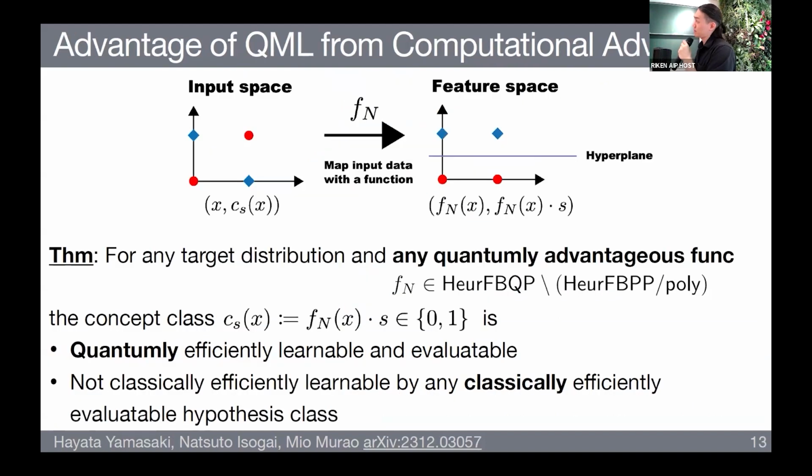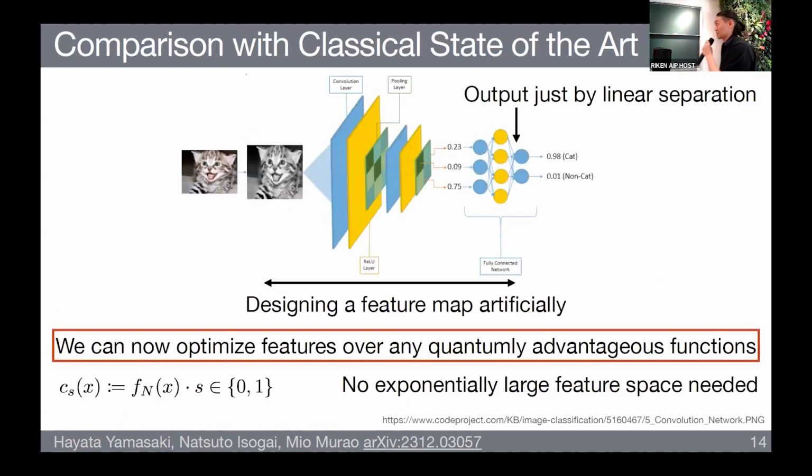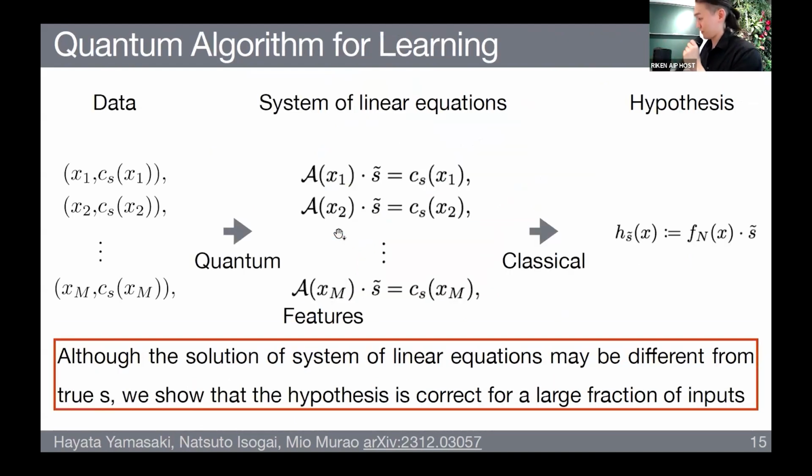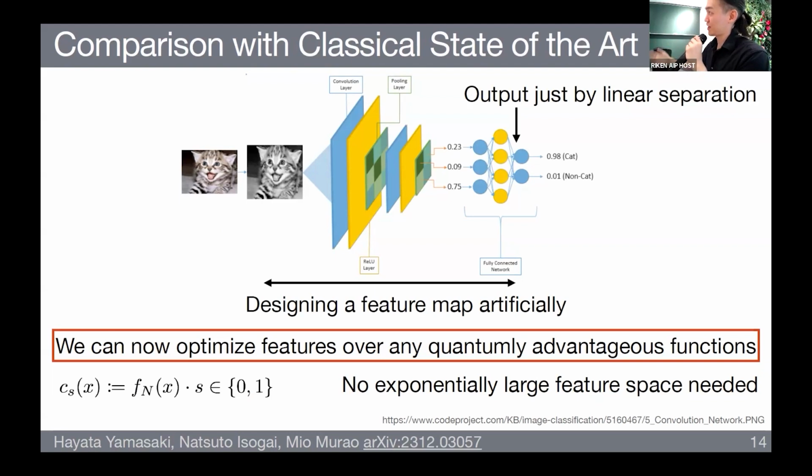So you might be thinking that this feature map is just a contemporary advantage function such as discrete logs, so it's a bit artificial compared to the conventional learning setting that we are using in our everyday life. But we need to recall that even in the classical machine learning, we are not really using a natural function, but what we are using is often a very artificial function. For example, to classify input images, in many cases we are just using artificial neural networks, which are basically motivated by, for example, neurons in the brain originally, and so it's not necessarily a